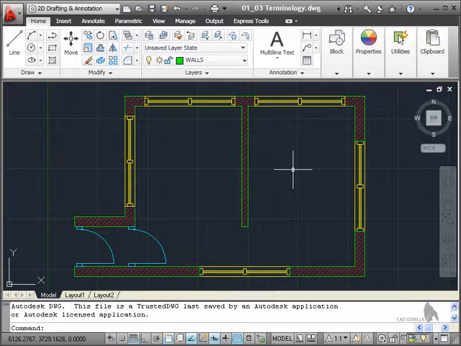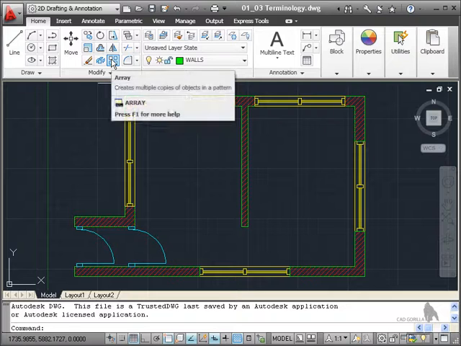AutoCAD is a Windows platform product, so it runs on the Microsoft Windows platform. Now what that means when it comes to terminology is some of the terminology within AutoCAD is already familiar to you. So for example, if I went over here to the Modify panel and clicked on the Array command, it